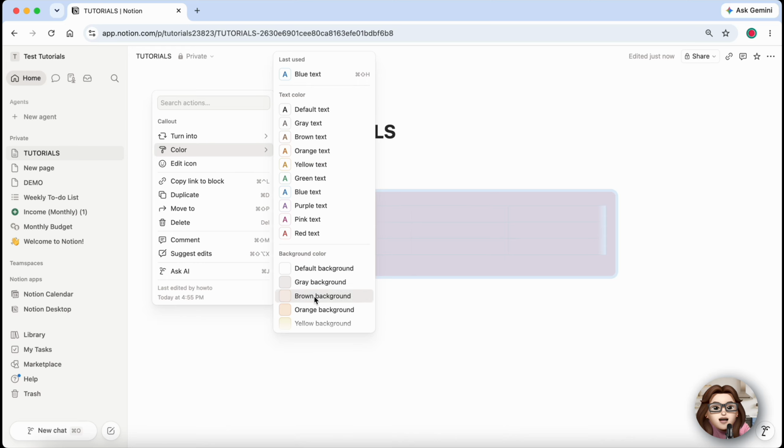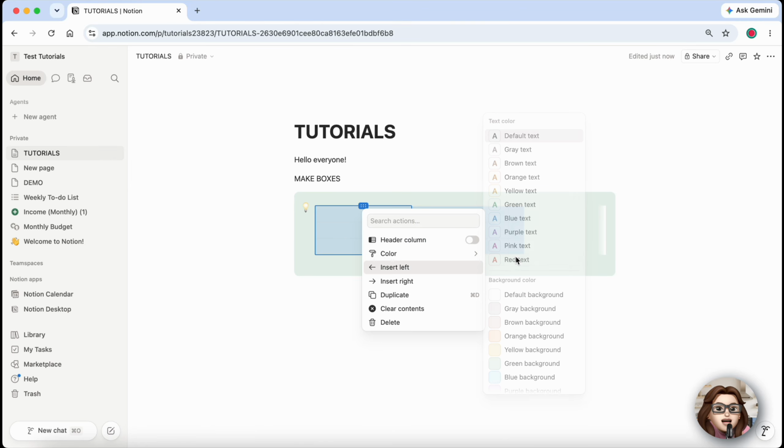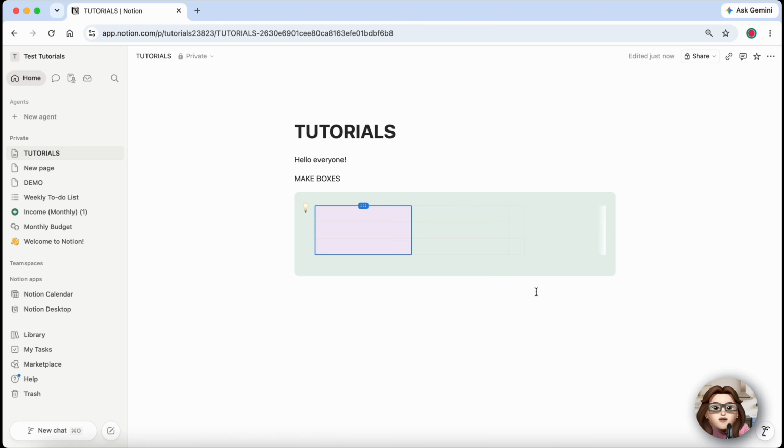If you want a more structured layout, add columns, tables, or other blocks inside the callout. This creates a clean, organized section that works like a visual box for grouping related information. You can duplicate the callout block to create additional boxes and arrange them anywhere on your page to build dashboards,